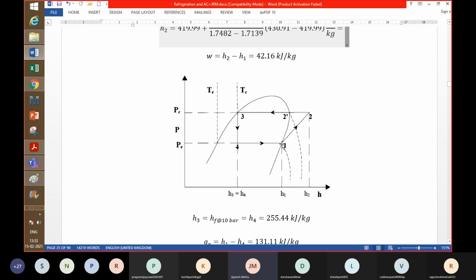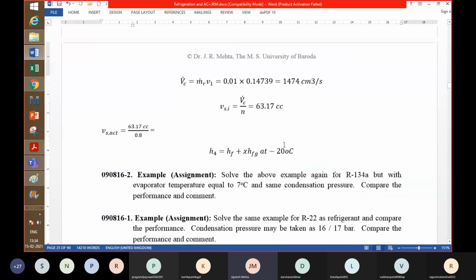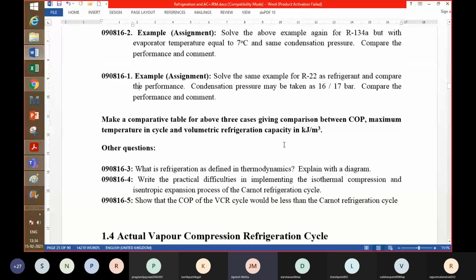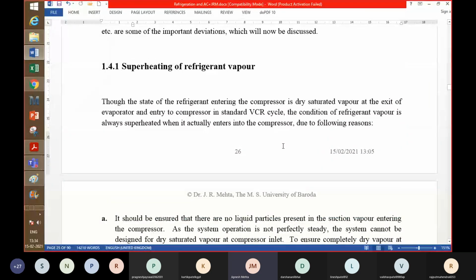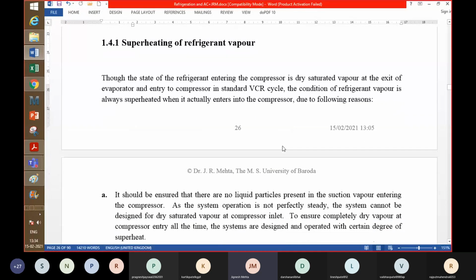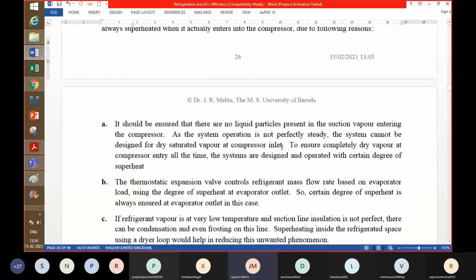So one thing is sure, that you don't want to be on the left hand side of point 1 when you come out of the evaporator. Now, in practical systems, you can never ensure that you will exactly come out at point 1, right? So you are keeping some safe margin and you are coming out slightly on the right hand side, right? That's nothing but the superheating. And there are certain practical reasons also why the vapor that comes out of the evaporator is always superheated, in addition to the superheat that is occurring in the evaporator.